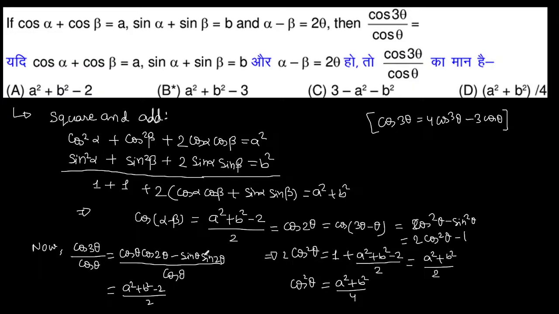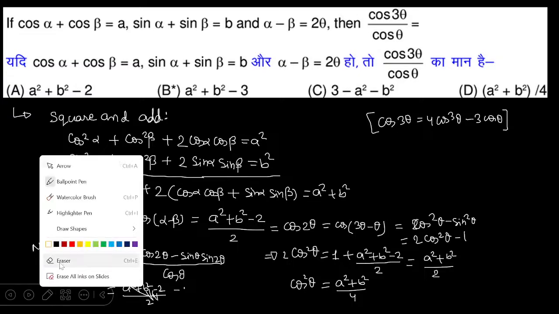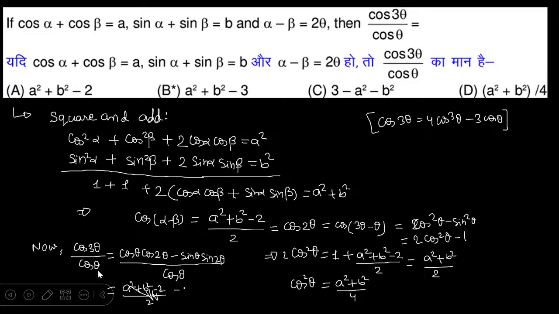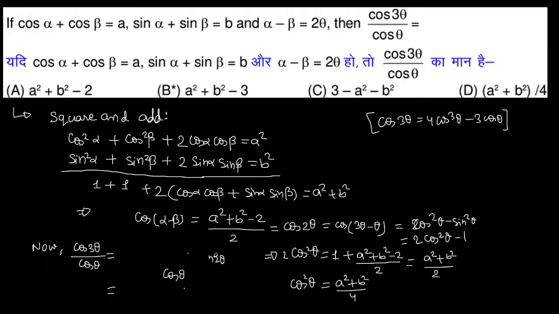तो cos 2θ तो क्या हो जाएगा (a² + b² − 2)/2, और इधर sin 2θ = 2 sin θ cos θ होगा। मतलब ये थोड़ा आउट ऑफ द कंटेक्स्ट क्वेश्चन हो गया। मतलब इसका फॉर्मूला ही याद रखें तो सही होगा, है ना, इस क्वेश्चन का। नहीं, I am on, मैं लाइव ही हूँ, है ना। इसको हम फॉर्मूला यूज करें, आगे जाके इसको प्रूव करेंगे। अभी के लिए आप याद रख लो कि ये है (4cos³ θ − 3cos θ)/cos θ।